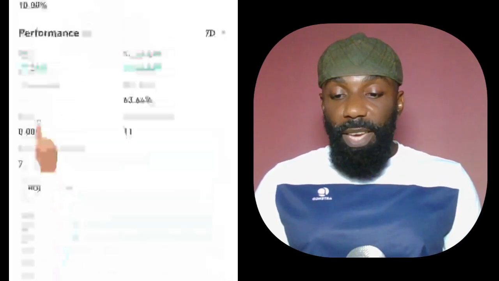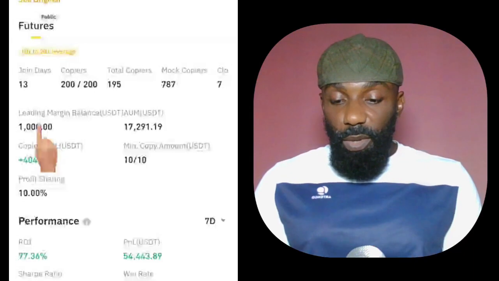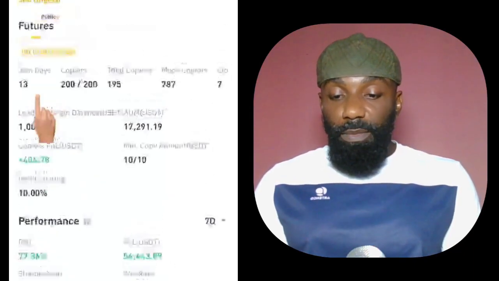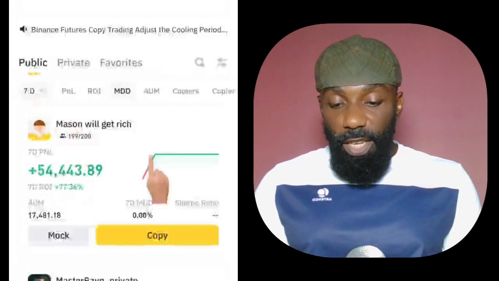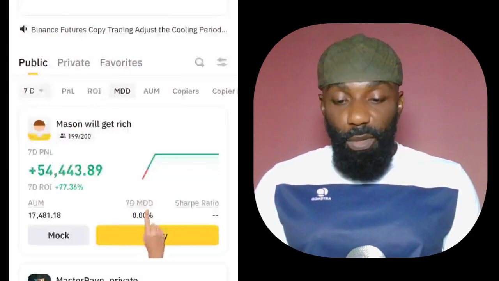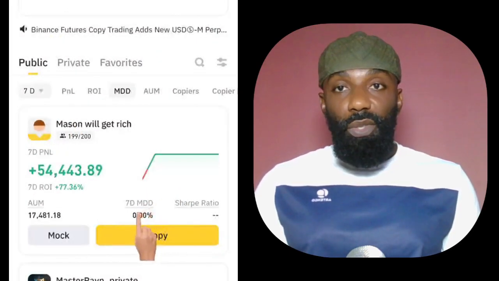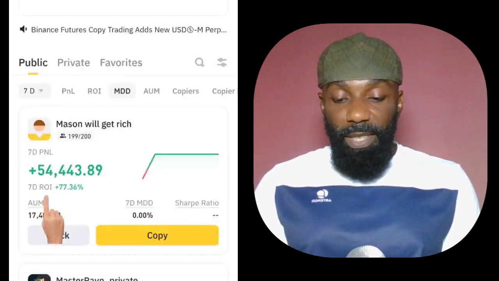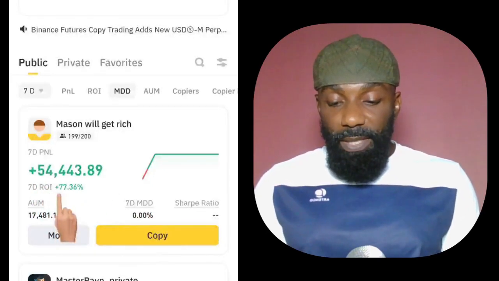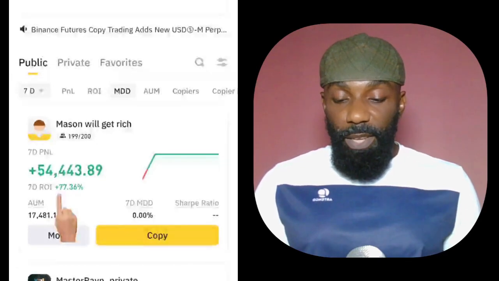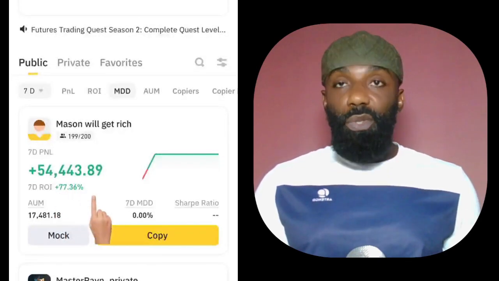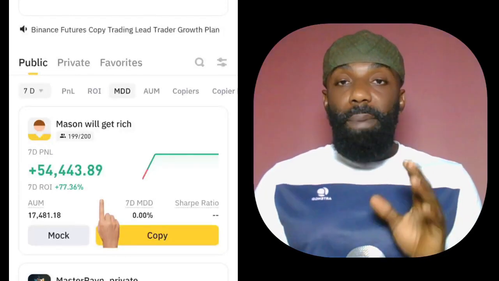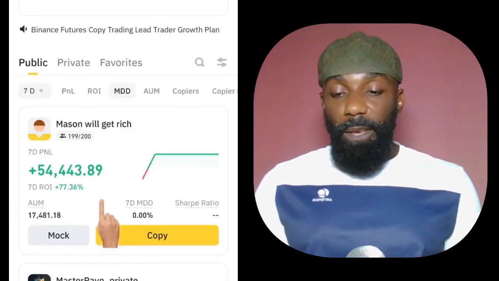So don't forget to check three major things. For how long has this person been on Binance? Then you also have to make sure you check the MDD, the maximum drawdown. Make sure that it's on 0.00%. And also you have to check the return on investment. This guy making plus 77% is very, very huge. So these are some of the things I want you to pay attention to